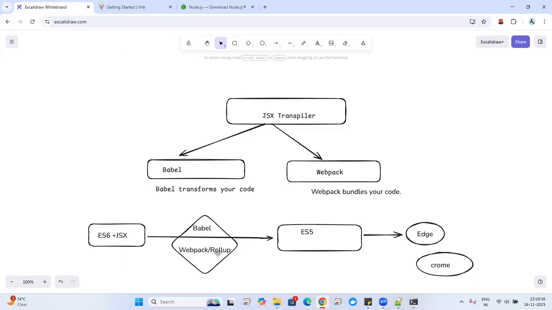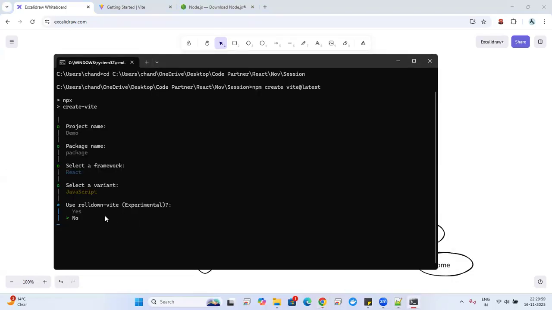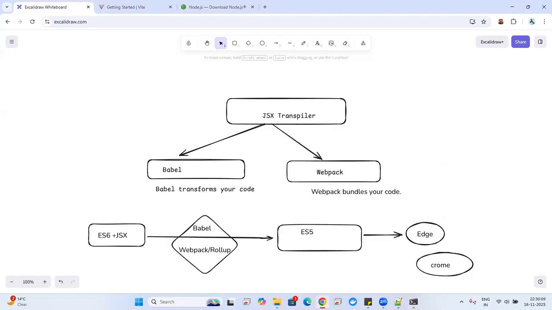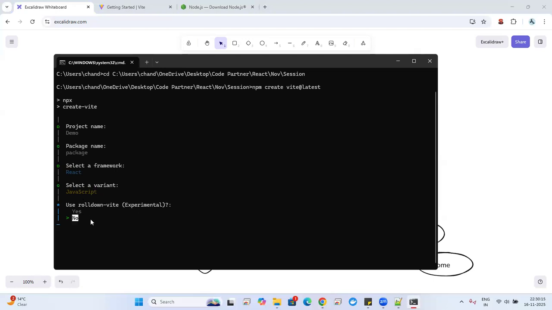Then again, if I select no, then it uses Rollup, which is used when you bundle the code. If yes, then Rollup-Vite, Rolldown-Vite, is created by